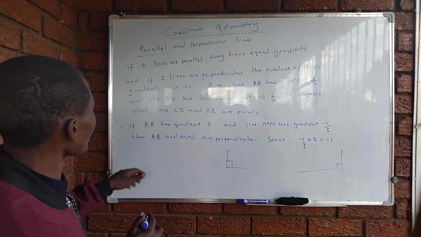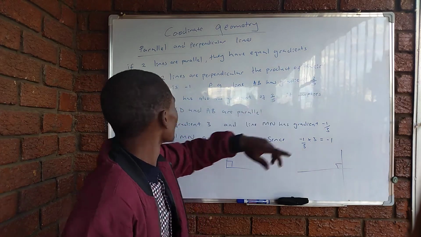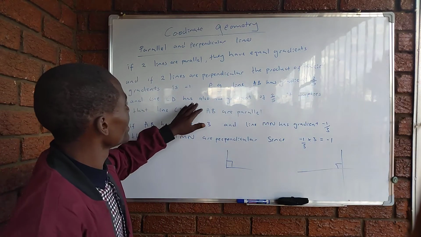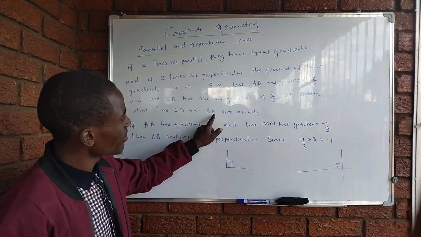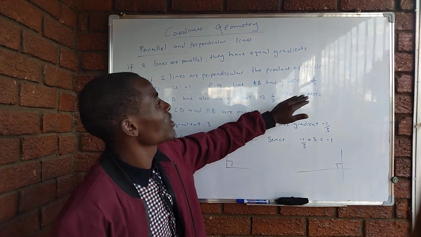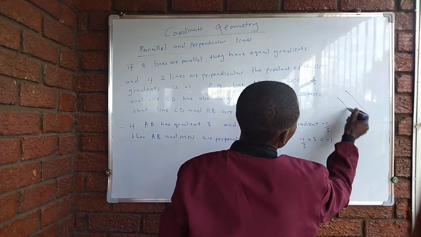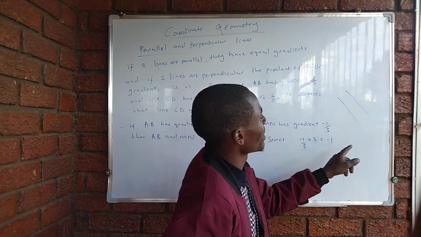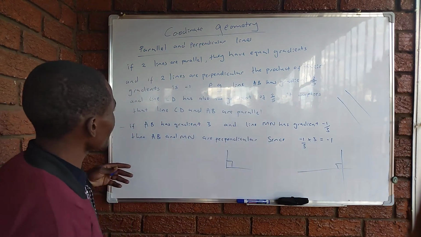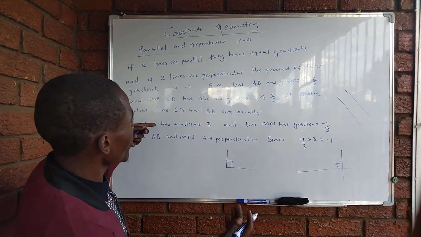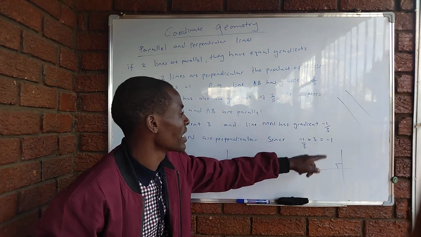Right? So, e.g. line AB has gradient of 2 over 5 and line CD has also the gradient of 2 over 5. It implies that line CD and line AB are parallel. So my lines are of equal gradients. Two lines are equal gradients. For example, line yakaslope association, and gradient yakafanana, which means they are parallel. Right? So if AB is gradient 3 and line MN is gradient of minus 1 over 3,